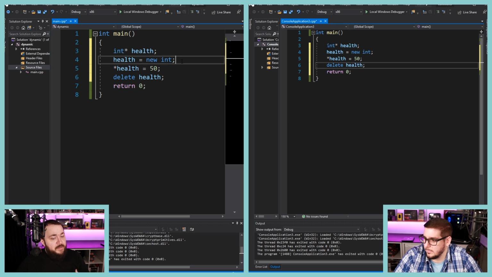We don't know where that is. That's up to the operating system. Where do we put that? We put that in the pointer, because a pointer is just a variable that stores memory addresses. Yep. So then we say star health. And star health means like if we do this,